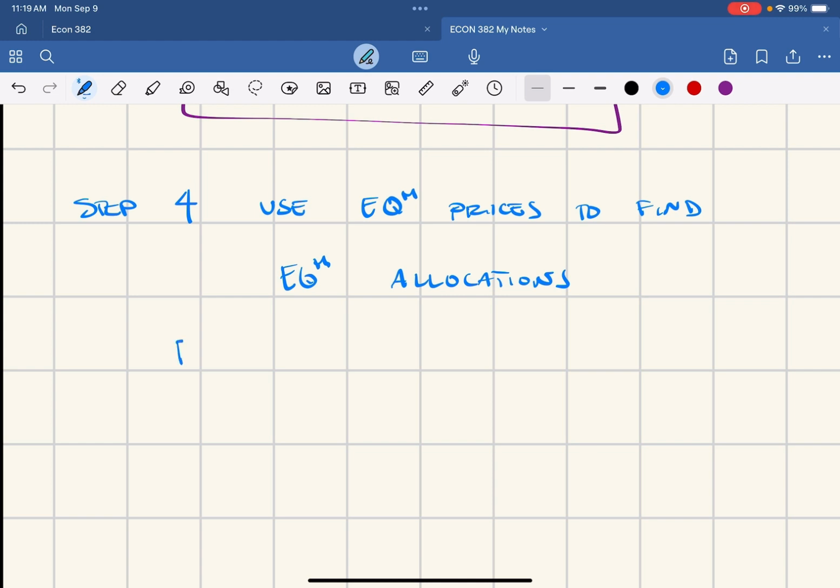So again, we had the demand for Adam, in terms of figs, was